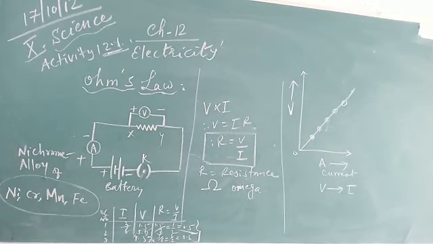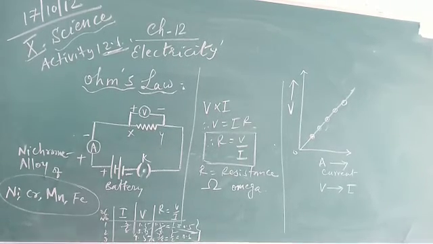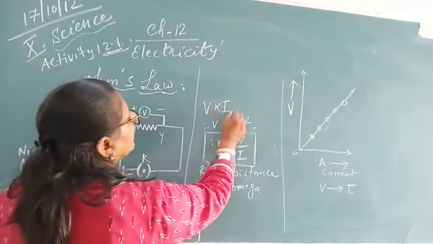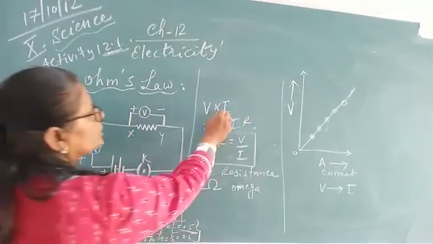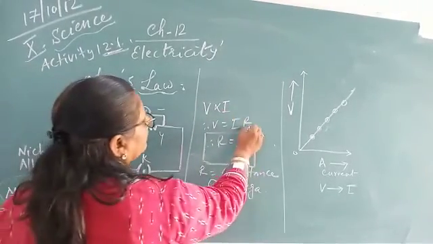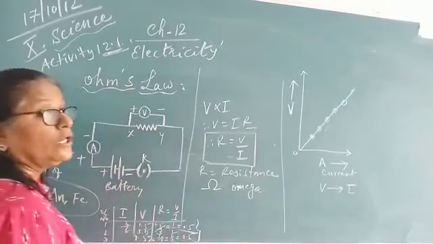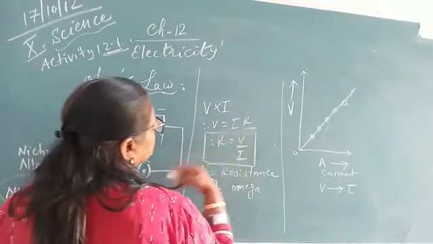Ends means X and Y here. So here the temperature remains constant and the mathematical form we can write is V varies as I. To remove this proportionality we put the constant R, that is called Ohm's constant,